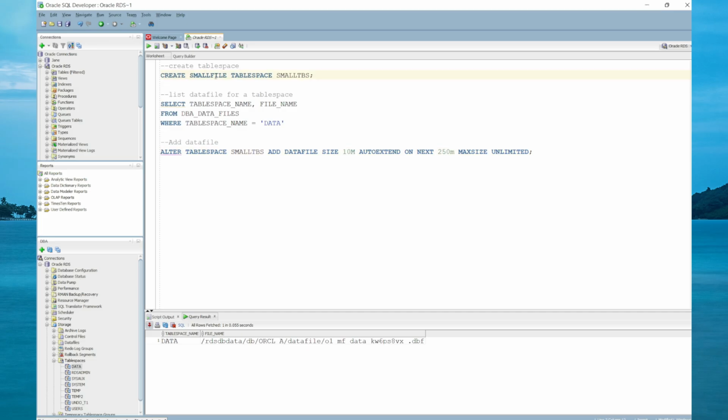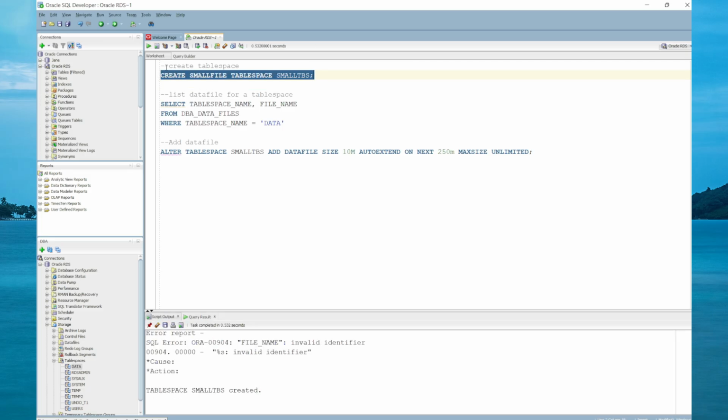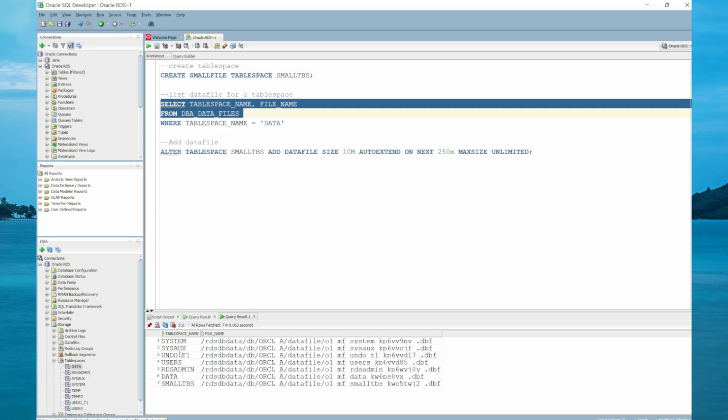So to create a small file table space, we're going to be using this statement, create small file table space. So we're going to execute this command to create a table space, and it's a small file table space. So the table space TBS has been created. To see the list of files that are associated with a table space, you can query the dba_data_files view. So let's execute this query, and you'll see a list of table spaces as well as their associated